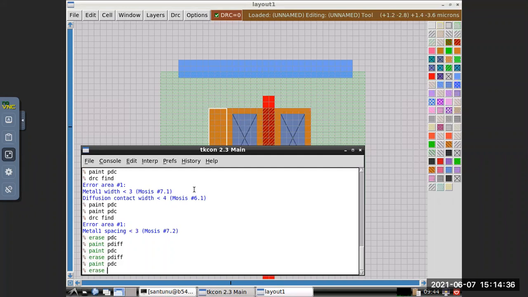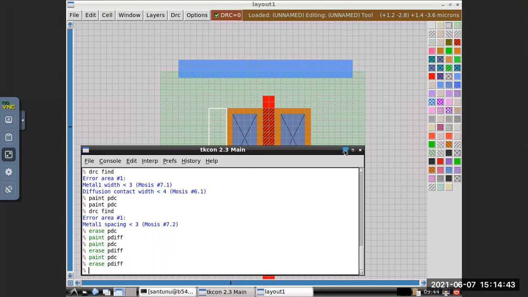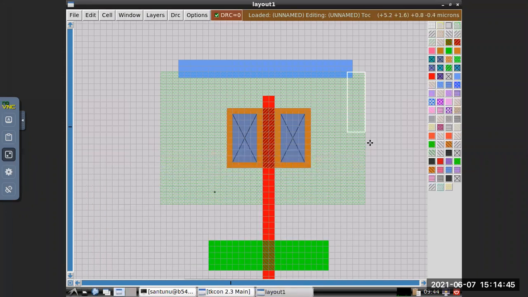Erase. P diffusion. Okay, so now this is your P transistor. So check, this is the drain area, source area, this is the drain area, and this is the contact.